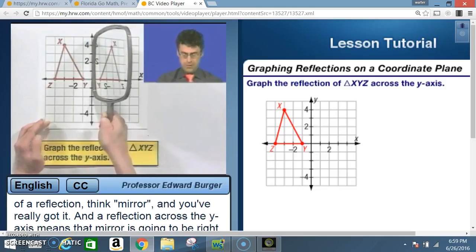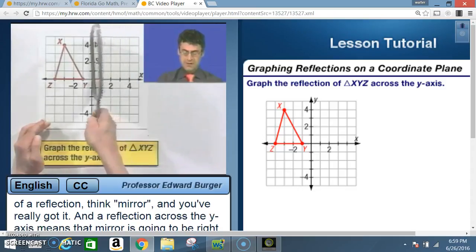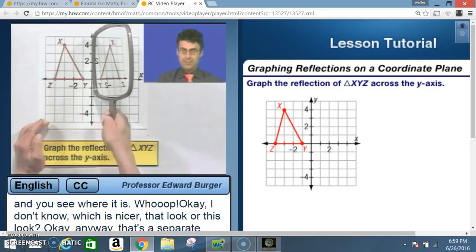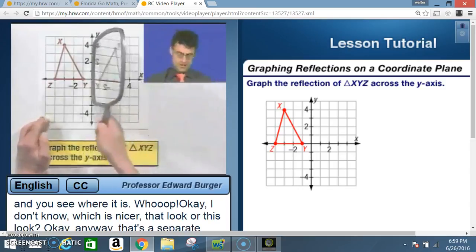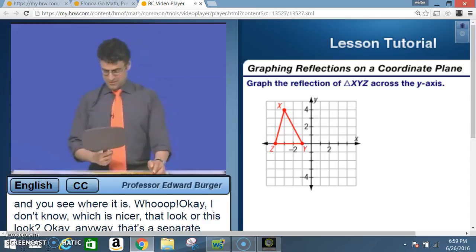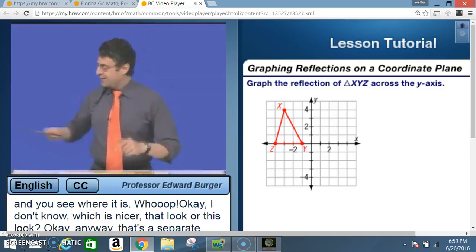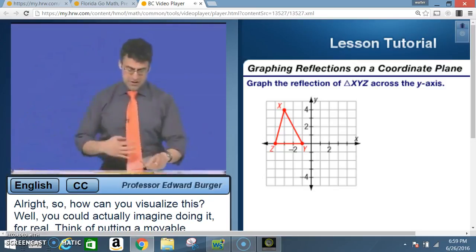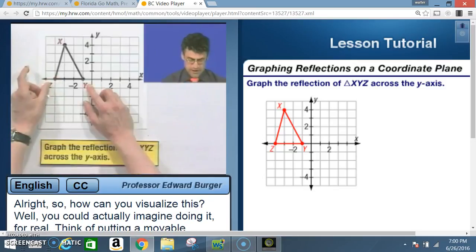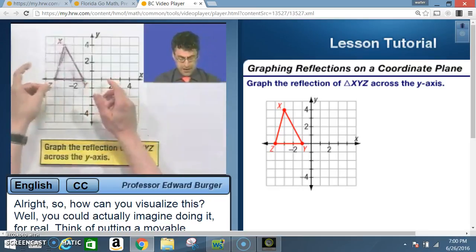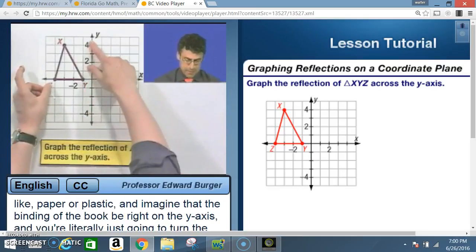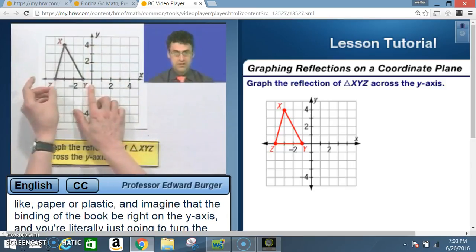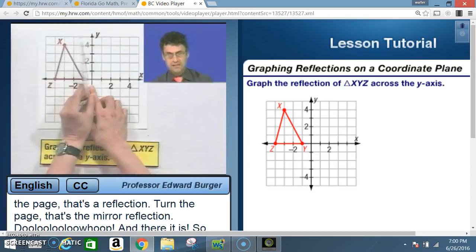And reflection across the y-axis means the mirror is going to be right on the y-axis, and then you see where it is. So how can you visualize this? Well, you could actually imagine doing it for real. Think of putting a movable triangle here on a sheet of paper or plastic, and imagine the binding of the book is right on the y-axis, and you're literally going to just turn the page. So turn the page, that's the reflection. Turn the page, that's the mirror reflection,